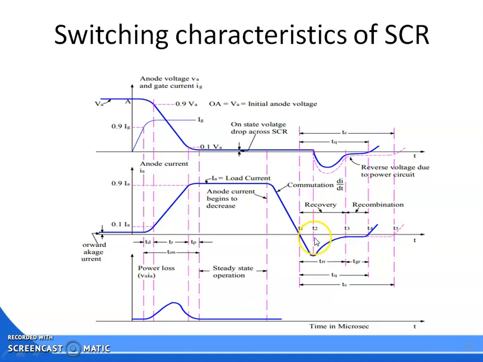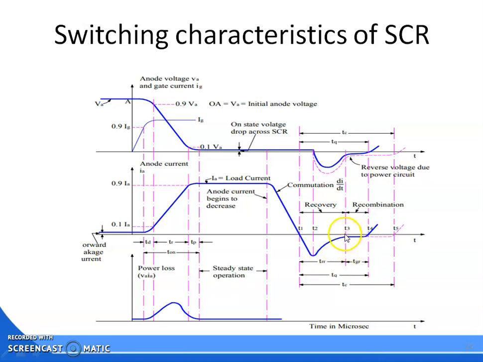When we reach the instant T2, around 60% of the carriers are swept out. The remaining 40% of the carriers may be swept out at the instant T3. But it is seen that the curve, instead of touching the instant T3, extends towards the T4 region. The T1 to T3 interval is known as the reverse recovery period, as in this period we give the reversal of the voltage and the charge carriers start being removed.